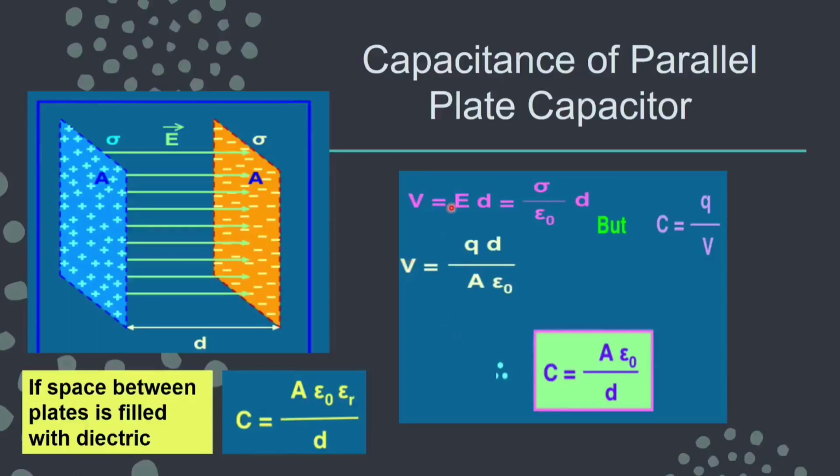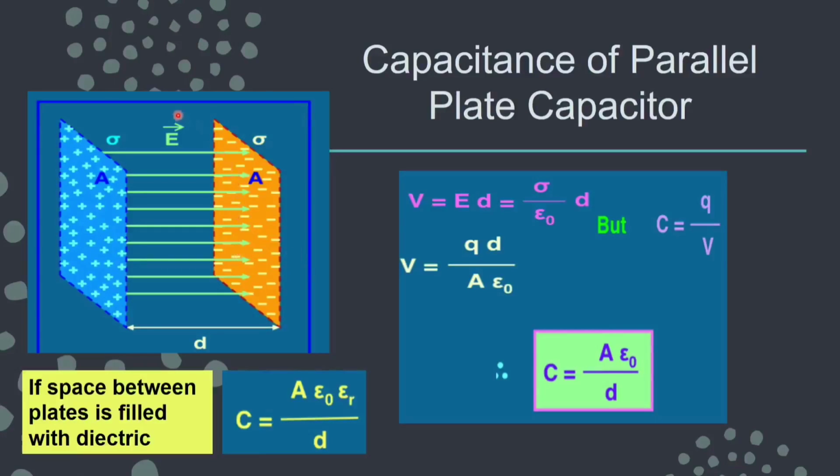So the first point, which is just to revise with you all, is the capacitance of a parallel plate capacitor. When I am talking about a parallel plate capacitor, two parallel sheets are there. This is not the size of the parallel sheets; you should not have this size in your mind. These are large sheets, which you can say are of infinite length but very thin.